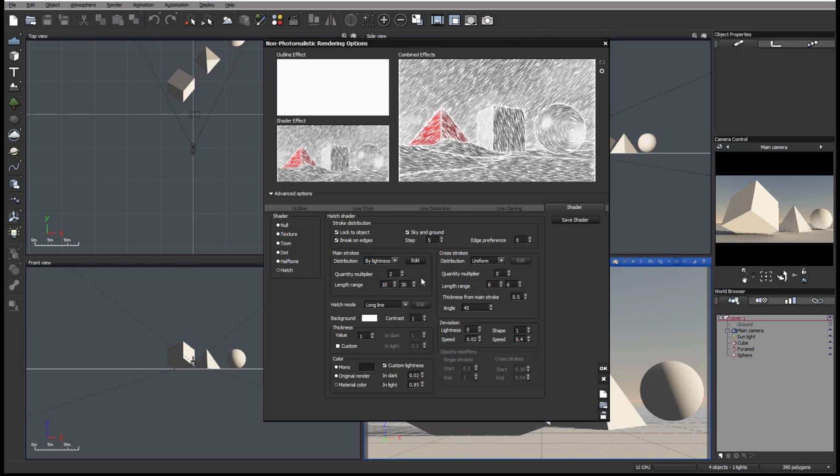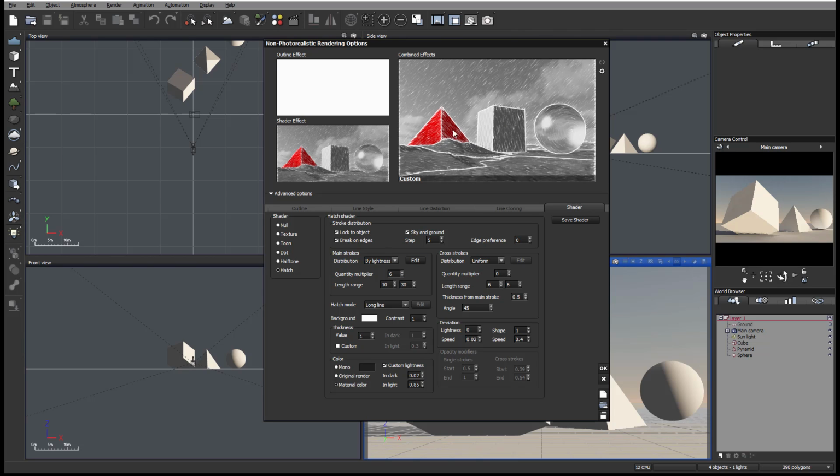In some cases you can see it will detect, you don't see it right here very much because they're simple shapes, but it will take in detection input range of the lightness, 0 darker and half tone, and it will kind of increase the output range for our input. So in some cases, think about the mapping of the curve exponential, so it's how much it will modify it. Now we have a quantity modifier, so if we need to increase a bit more strokes based on lighting, we can increase. And again, this way we can go by lighting, so it increases lines in the darker areas to create a little bit more